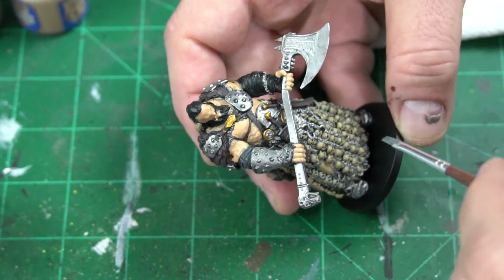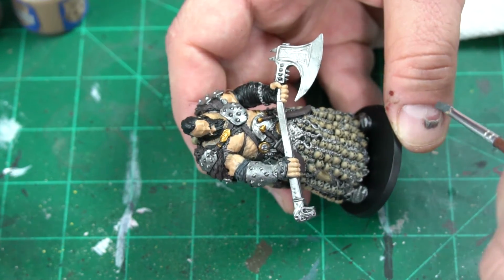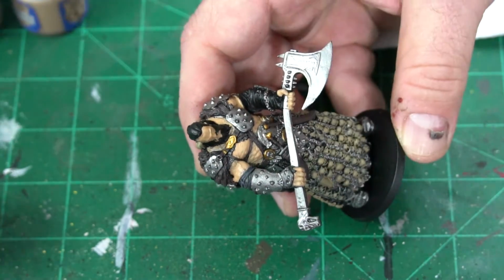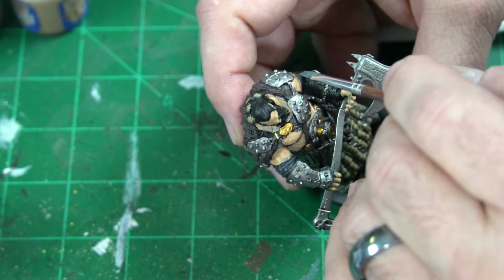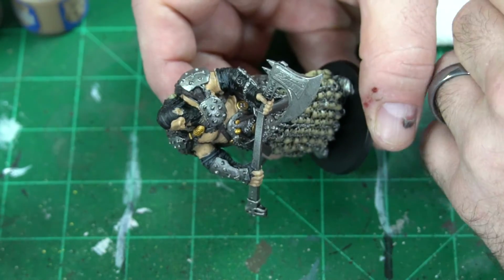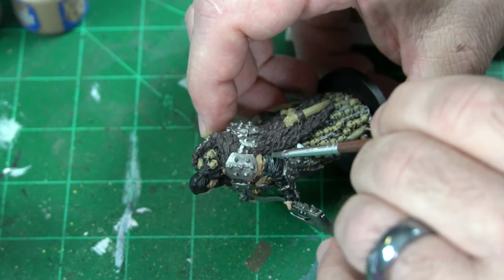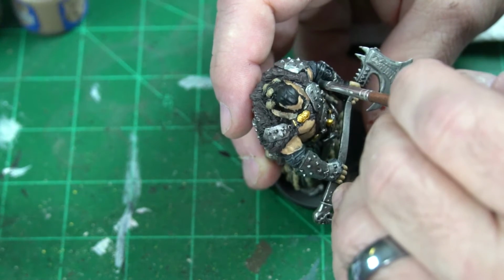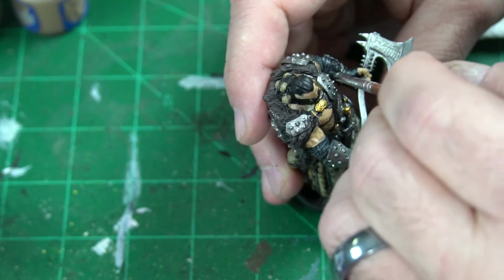Right now everything kind of looks layered in there and kind of messy. But for these bandages here, from what I've seen, they're almost like a darker gray. So I'm going to go with a Mechanicus Standard Gray, and all I'm going to do, like I did over on this side, is just fairly lightly go over it a little bit, and I almost want to kind of dry brush it in there a little bit. I know it's a little early to start our dry brushing because we haven't put our washes on there, but I want to get that gray in there for a reason, and you'll see exactly what I'm talking about, because it's going to help